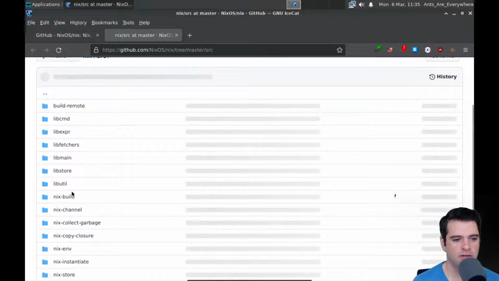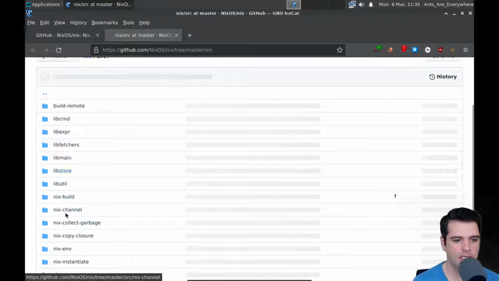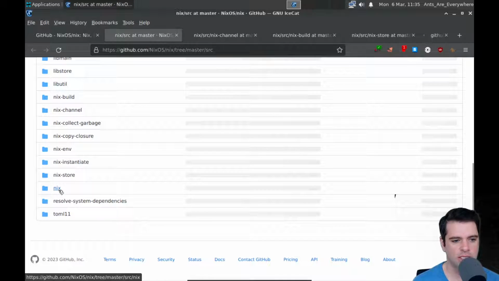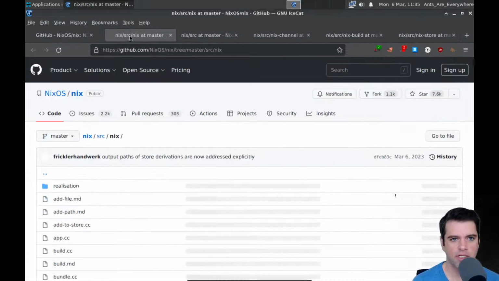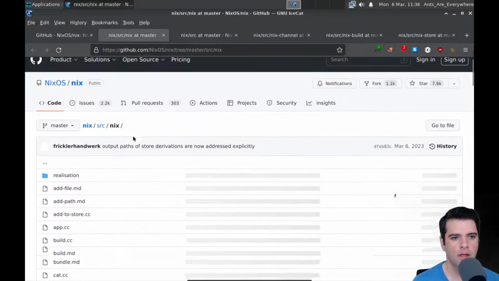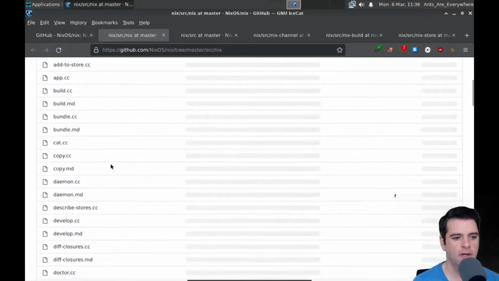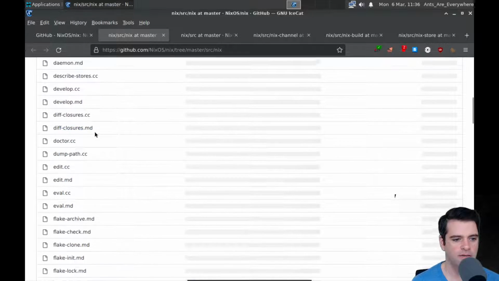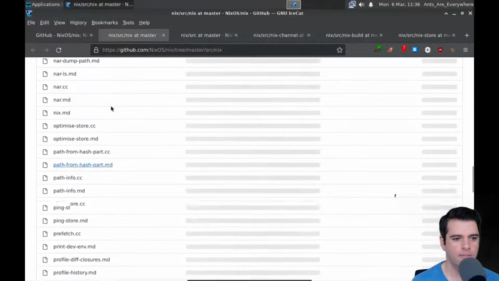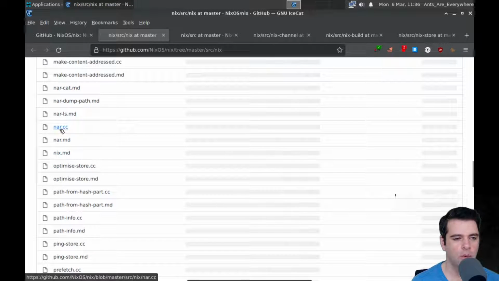Okay, so in source, I see a bunch of stuff that looks very relevant, like nix-channel, nix-build, and nix-store, and nix is where I will start. Let's actually reverse the order of these last two. And in nix, we have things that look like commands, like copy, daemon, bundle, build, develop, eval, format. And we have nar, which